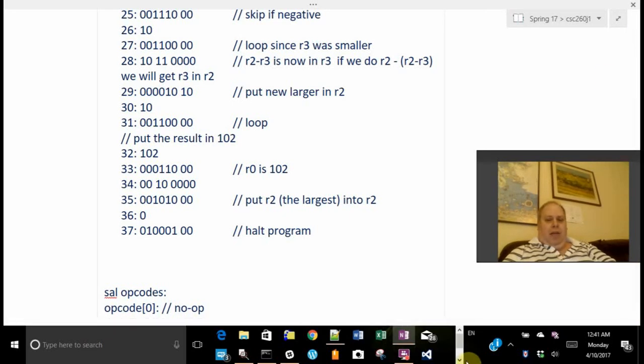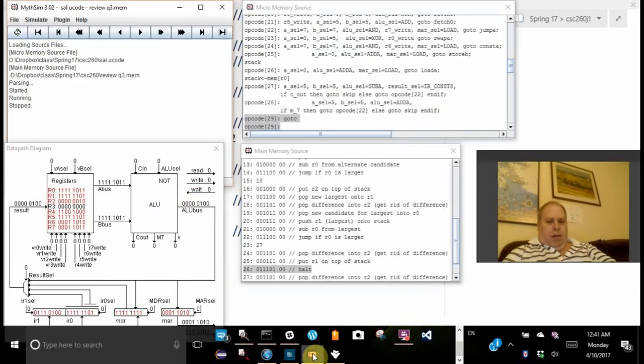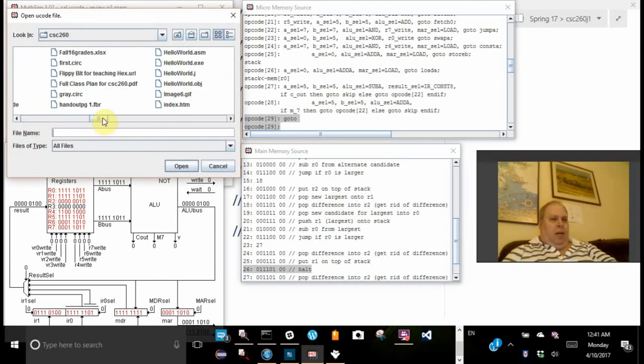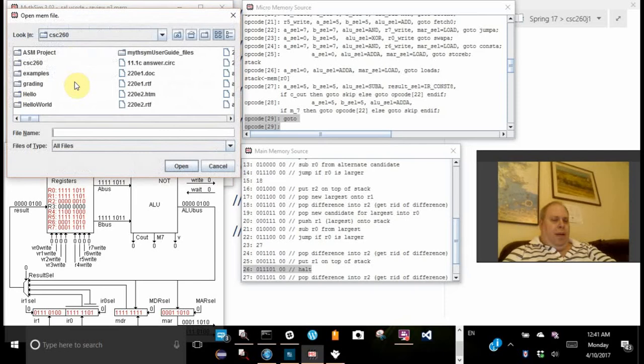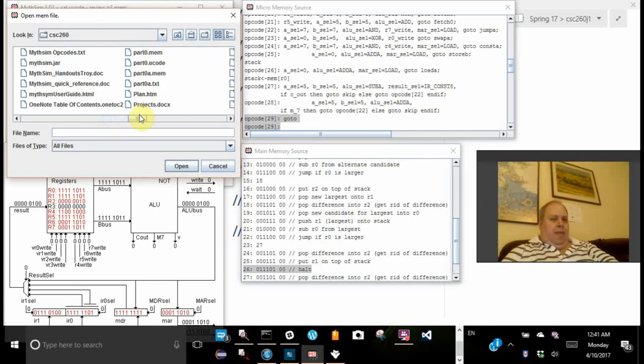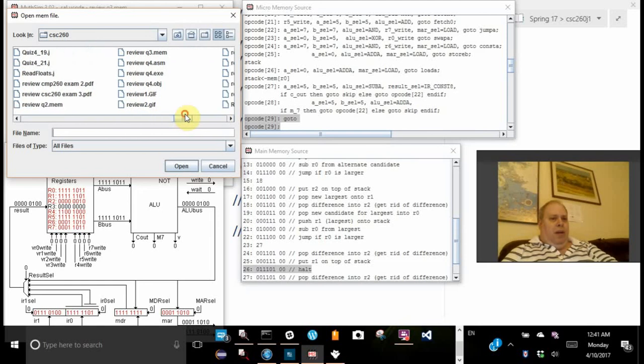Now, you can't do this during the exam, but I never really trust code unless I've actually succeeded in running it. So what I can do is show you that it really works. I have default.u code there, and this code you just saw was copied from a mem file called reviewq2.mem. So if I run this,